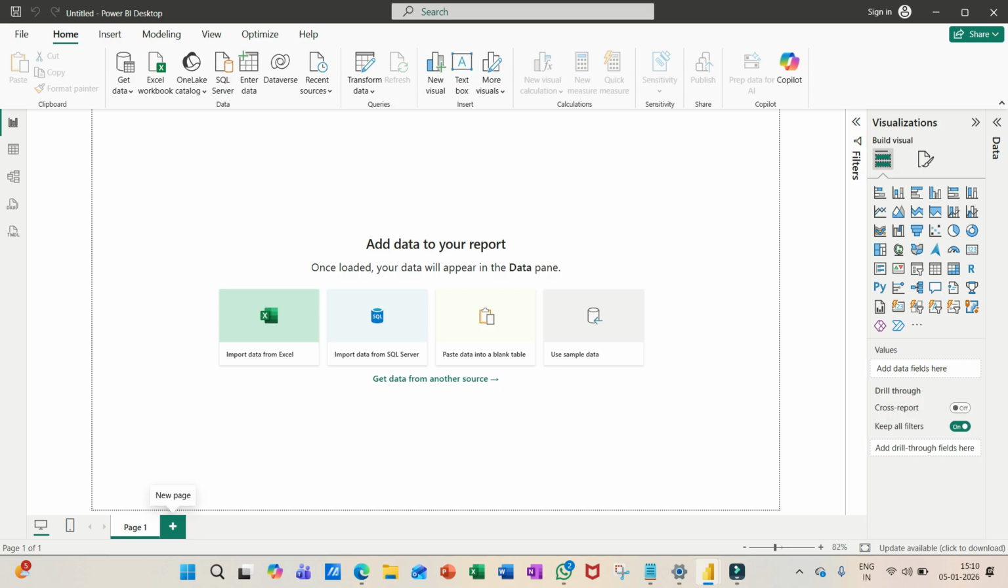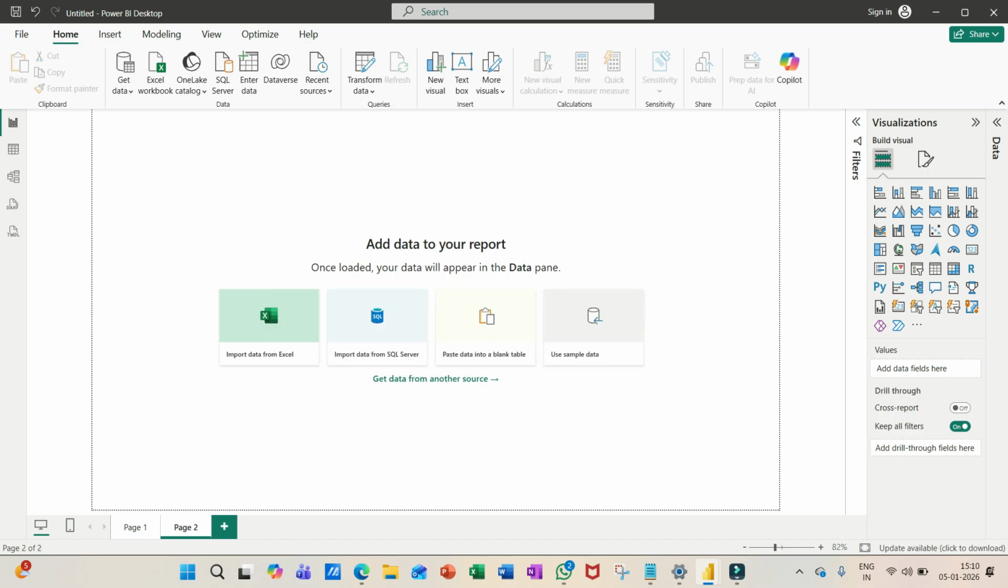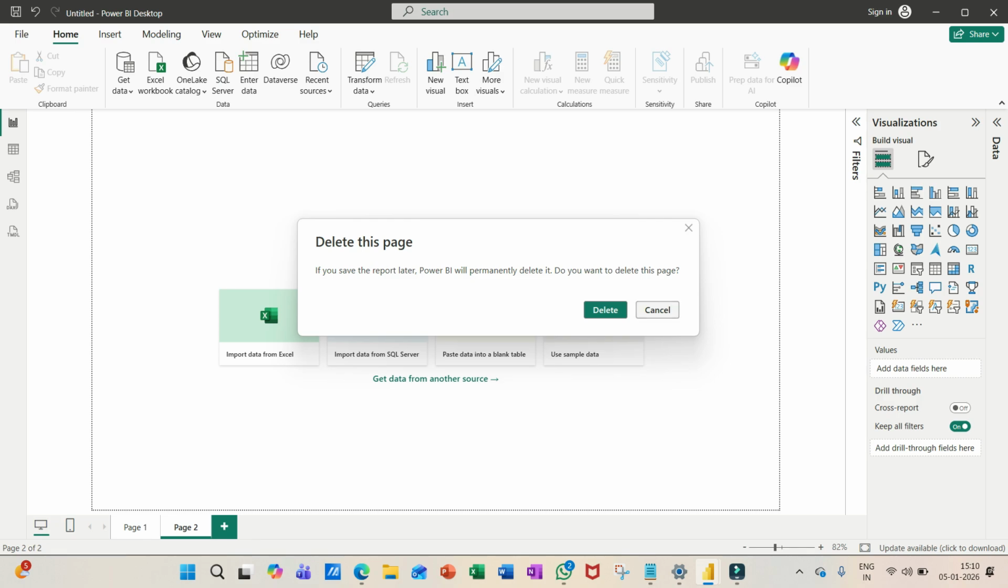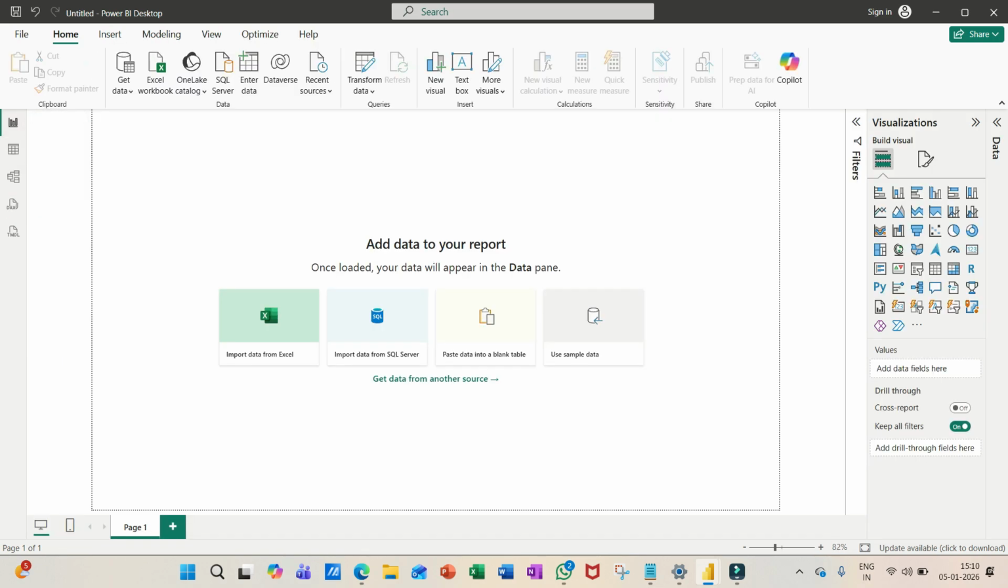And if you come down, you have page one, page two, page three. Just like Excel, you can call them sheets. You can create any number of reports. And then you have something called DAX, which we will discuss at a later point of time, that helps you write functions at the row level. And if you go up in Power BI, you see File, Home, Insert, Modeling, View, Optimize, and Help. And if you click on File,